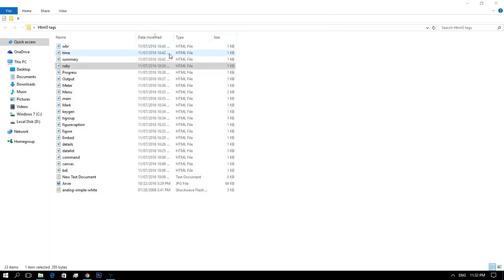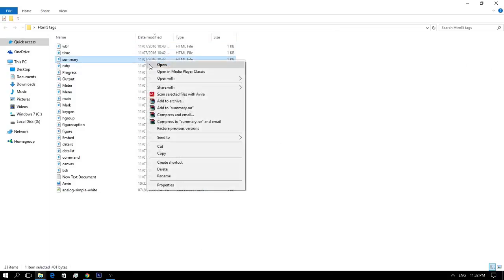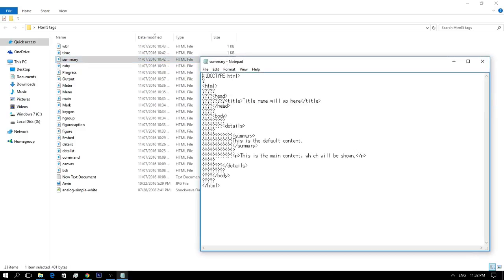We have the summary element tag of HTML5. Oh, what's going on?